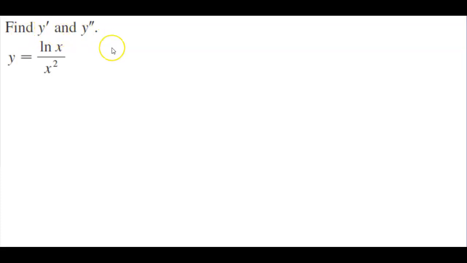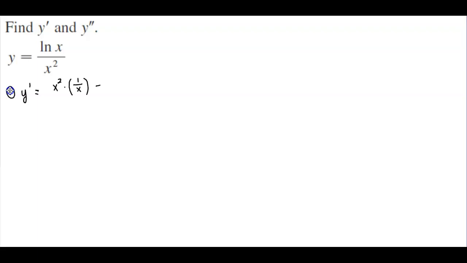We want to find y prime and y double prime for the function y is equal to the natural log of x over x squared. So we're going to use the quotient rule. So we're going to get the low, which is x squared, times the derivative of the high. So the derivative of the natural log of x is 1 over x,